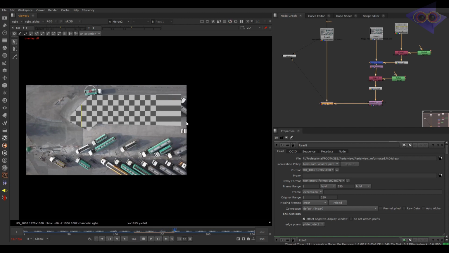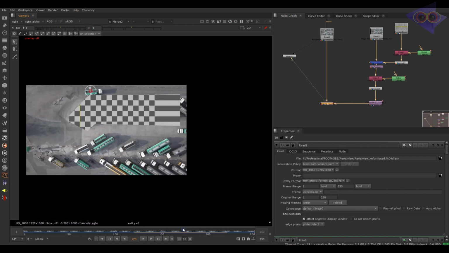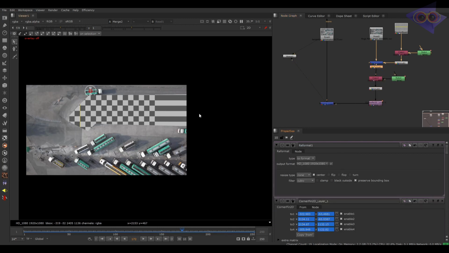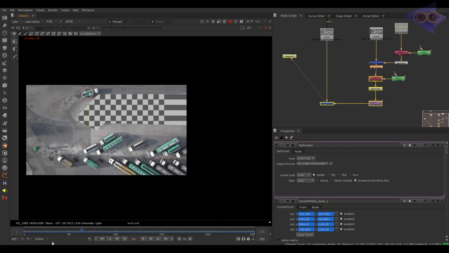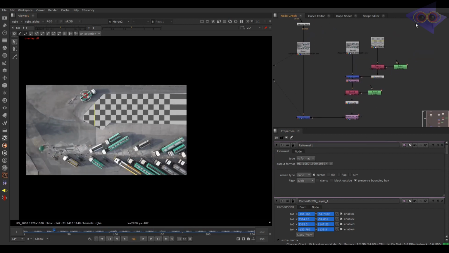Okay, something is missing here. It should continue all of this place, but let me check. Let's check this option in the reformat node, and now you can see the plate is extended. So this workflow can help us while doing prep.